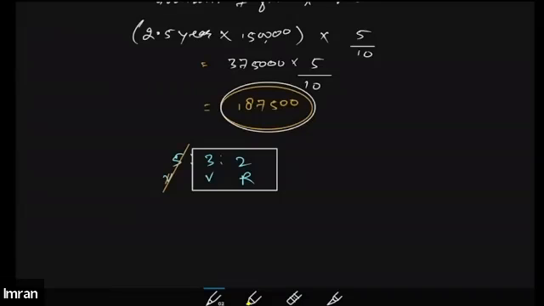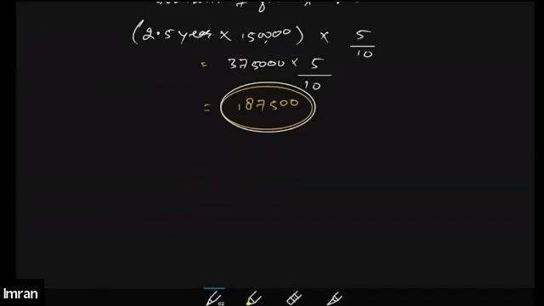Yes. Since 3 is to 2 is the new profit sharing ratio, in that case, the gaining ratio will also remain the same. Gaining ratio will also be 3 is to 2. Even if you calculate the gaining ratio in this situation, how do you calculate? You calculate it by subtracting the old ratio out of the new ratio. Even if you apply that formula and calculate the gaining ratio of the partners, you will be getting 3 is to 2.